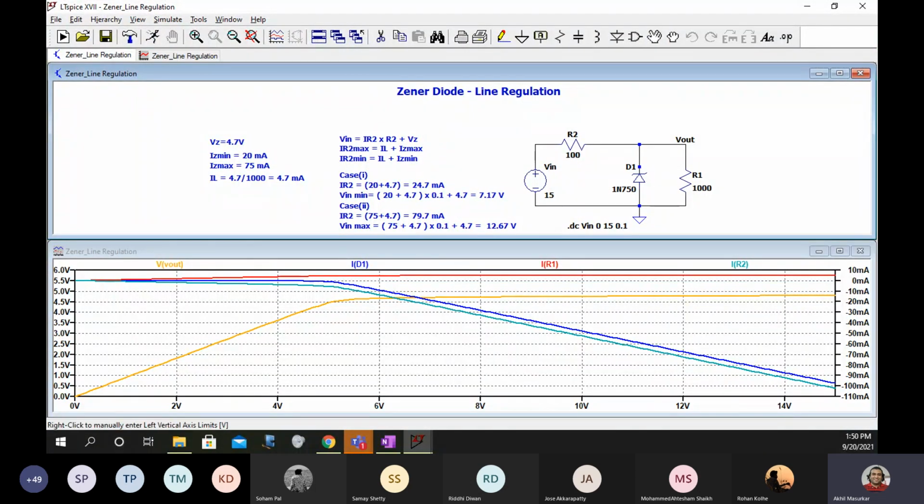So are you getting this like this now? Just check whether you are getting like this or not. Yes, sir, like this. I've just inserted some calculations for your reference.